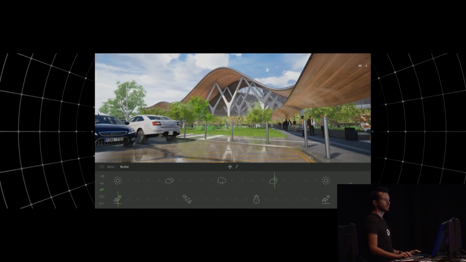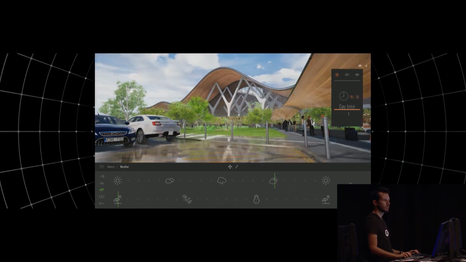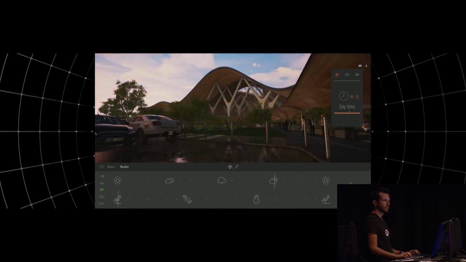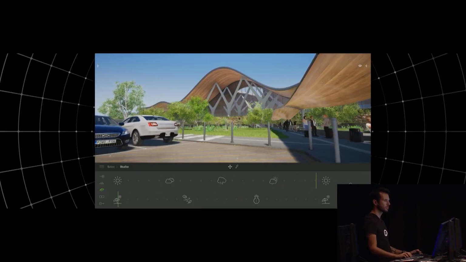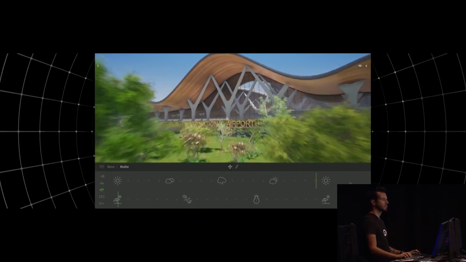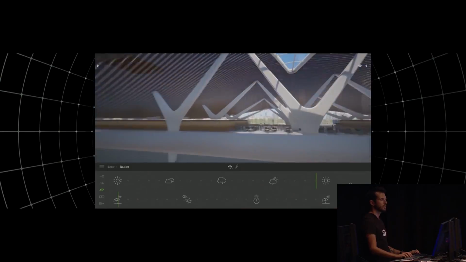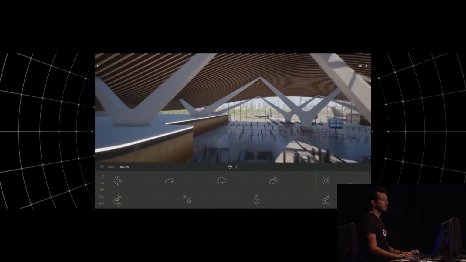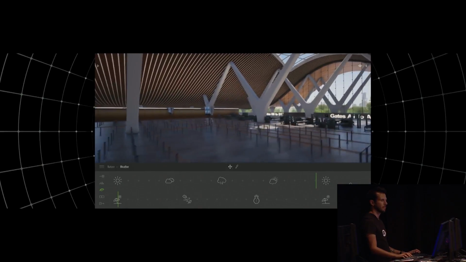At any moment in Twinmotion, we can change the time of day, so we can visualize the project at noon or at sunset. In Twinmotion, everything is 100% real time. There is no baking, there is no pre-calculation. It's something really important because at any moment, the architect should have the possibility to change the time, to make sun studies, change the weather and the seasons, and see how it will affect the project and its lighting.